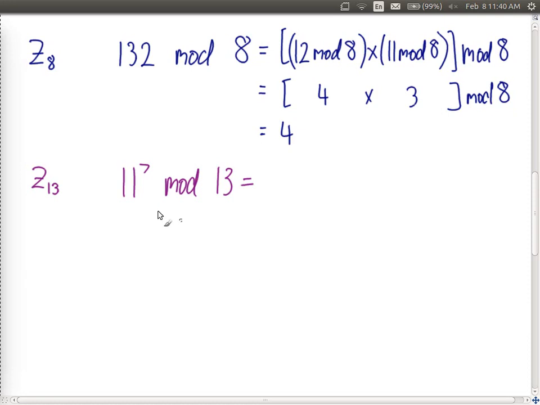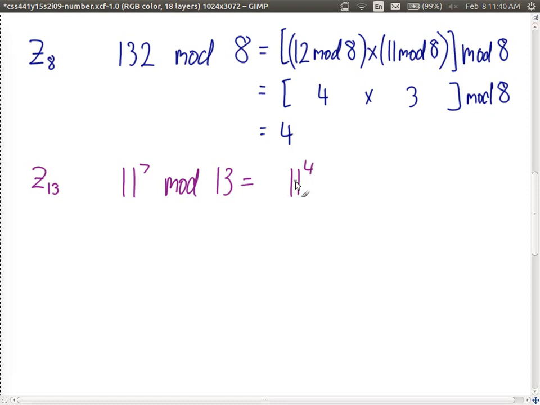So one approach to this is to think, let's make this number smaller. 11 to the power of 7 is 11 to the power of 4 times 11 to the power of 3. I'm not so good at my multiplication, so even 11 cubed is too big for me. Maybe we can split that up. I know my squares. I know 11 squared, but I don't know 11 to the power of 3, so we can think of 11 to the power of 4 as 11 squared squared